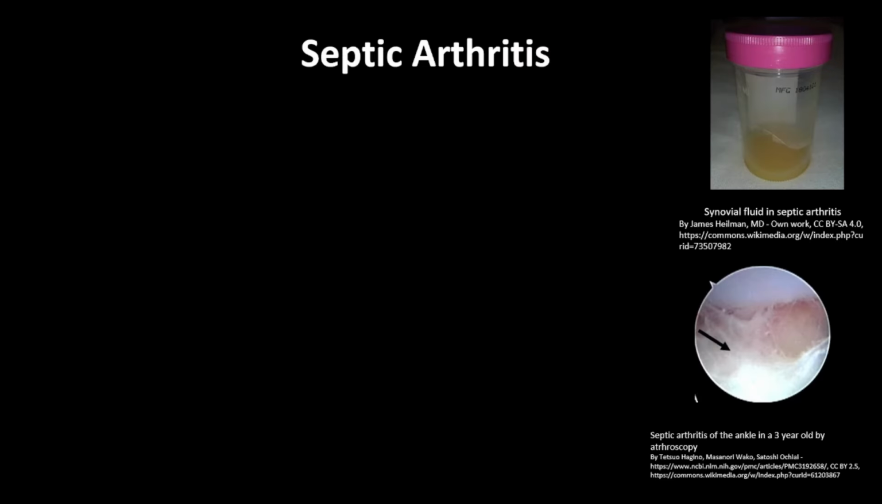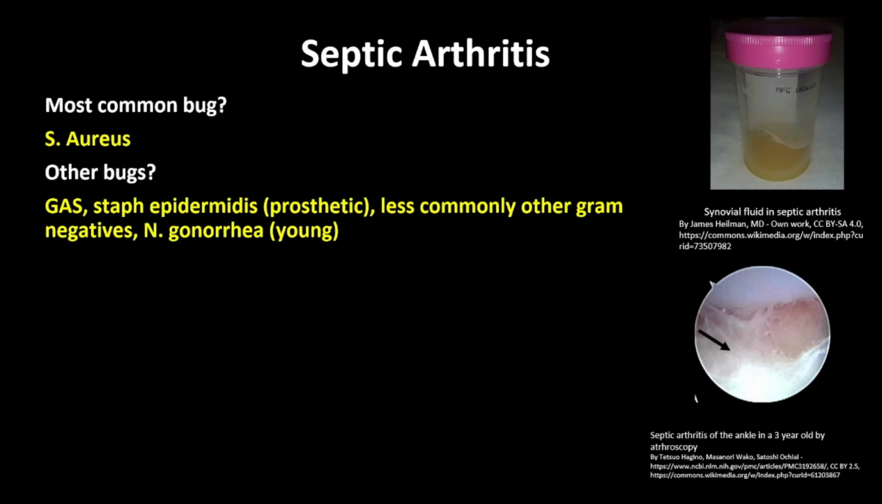So speaking of septic arthritis, what is the most common bug that causes septic arthritis? That would be Staph aureus. Some other bugs that cause septic arthritis: group A strep, staph epidermidis, especially in prosthetic joints, other gram-negatives, especially like the HACEK organisms, and then Neisseria can cause septic arthritis,